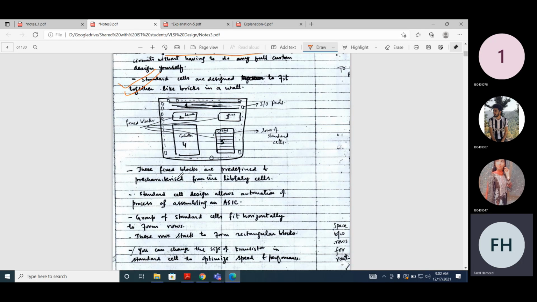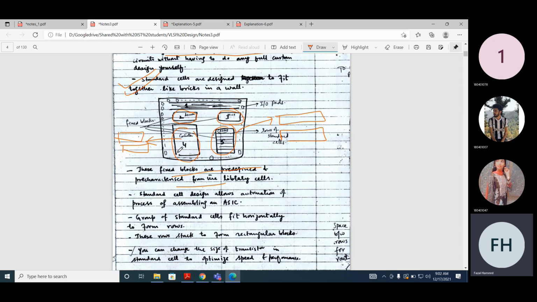And there are also some predefined library cells. So actually, if you look at this, these are fuse blocks. This is a decoder, this is a multiplexer, let's assume, this is a controller, and this is an adder. And if you look at this adder, these are different rows of these adders. If you look at this controller, these are different rows of the controller. So actually, when you have these predefined blocks, you can just use those blocks.